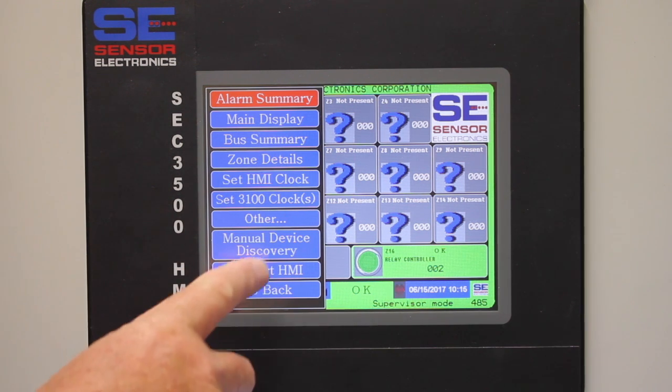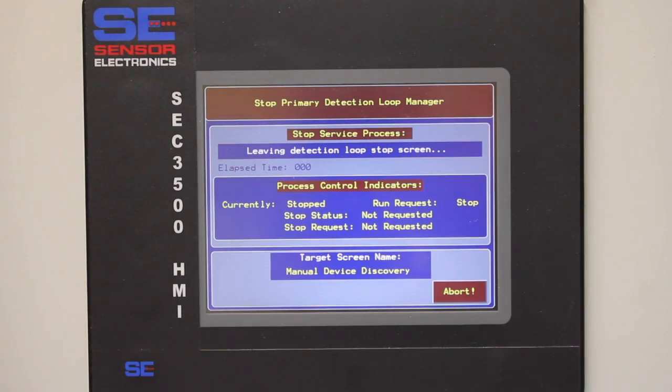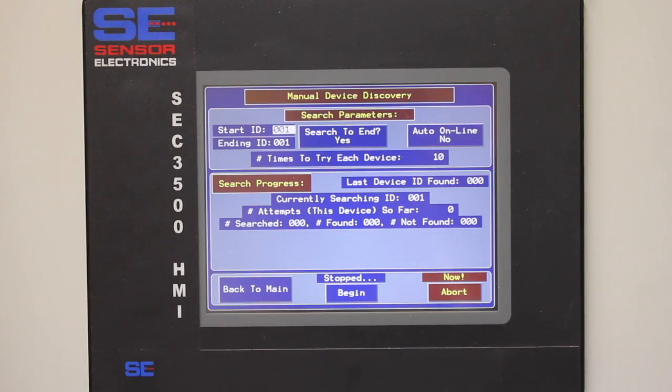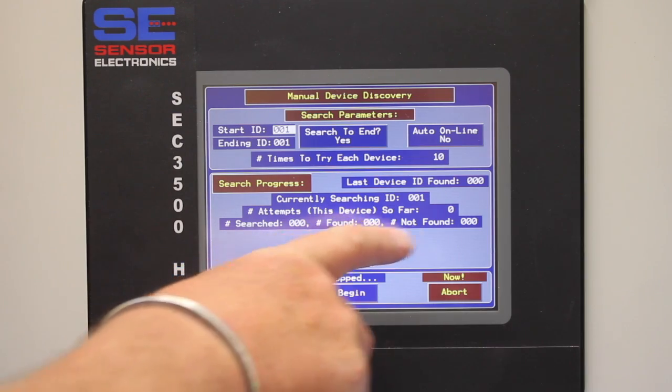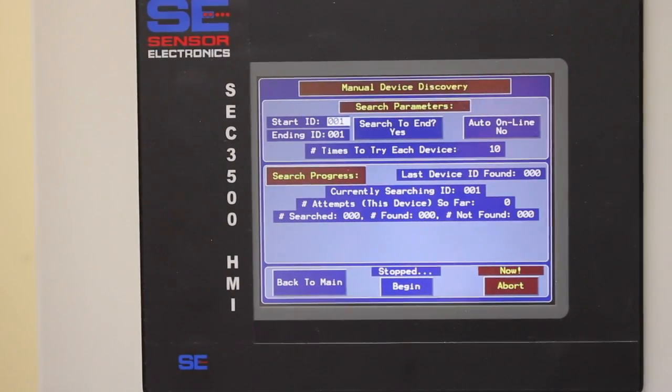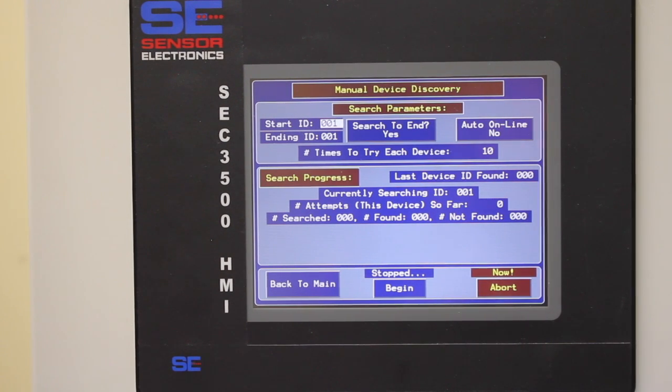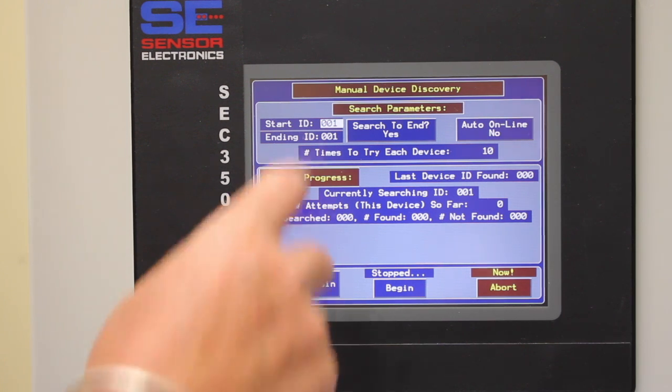What that does is it allows you to put in a range of ID numbers that you want to add to the data highway, or you can just add one. So I'll select a range of numbers, and again I'm only adding ID number 41, but the screen will tell you how many it's searched for, how many it's found, and how many it didn't find. So if you do have any wiring problems out in the field, and it doesn't find those detectors that are powered up and working, you may have a wiring problem with the data highway or the communications. So I'll select a range of,